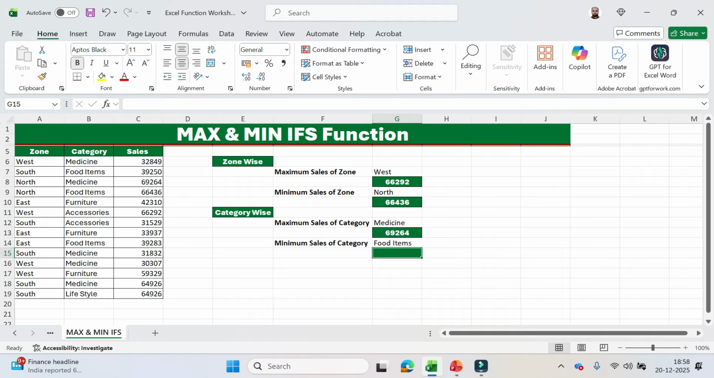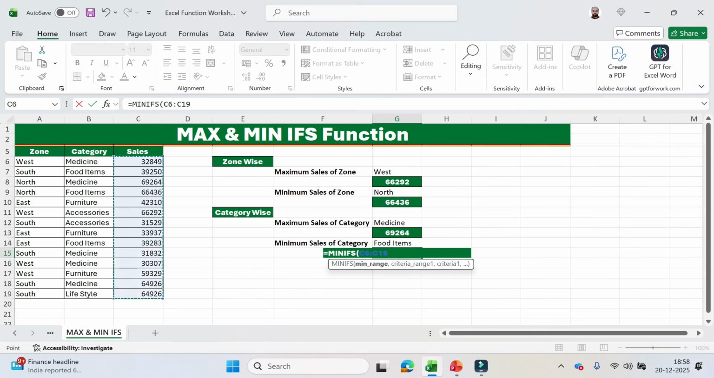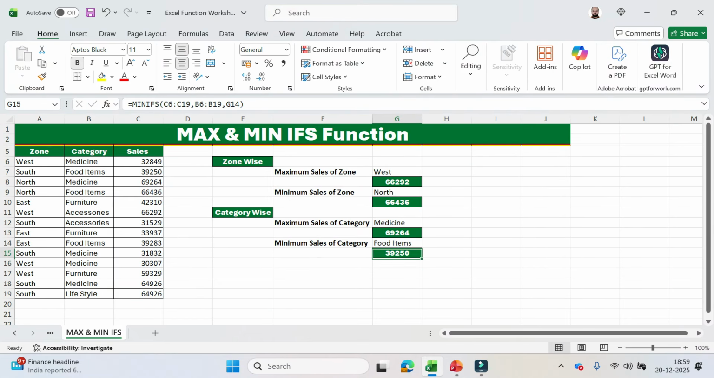Now let's understand minimum. MINIFS, again the sales range, and again the criteria range is this one, comma, and criteria 1 is food items, and close the bracket. Here we have an answer. So on this basis you can use the MAXIFS and MINIFS functions in Excel